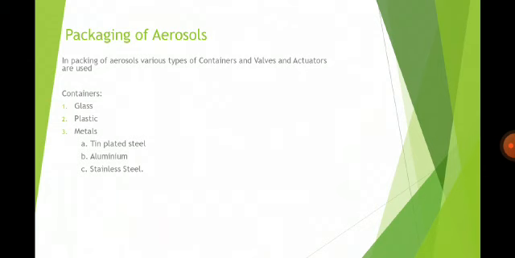Now next, see metals. Different metals are used in manufacturing containers like aluminium, tin plated steel and stainless steel. Tin plated steels are used to manufacture non-aqueous aerosols. The sheets are lithographed. Lithographed is nothing but printed. The sheets are first printed, cut and fabricated into desired sizes to make body, cap and bottom. The body is shaped into cylinder.